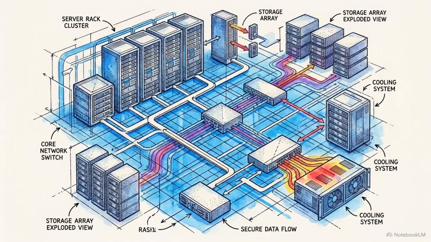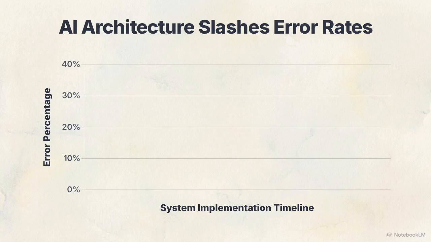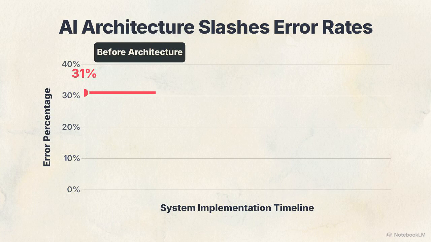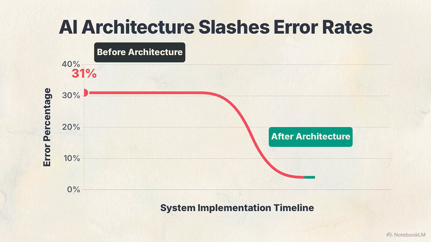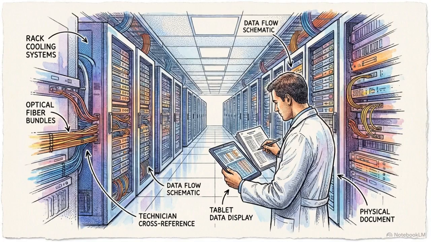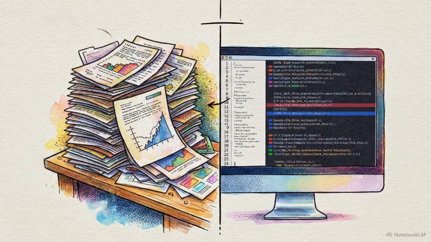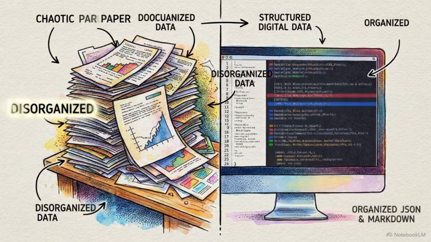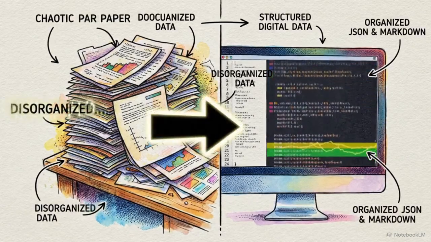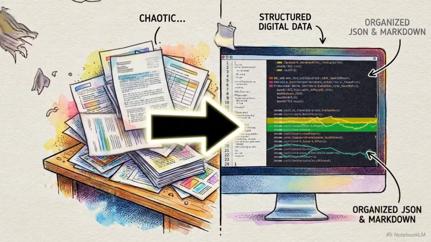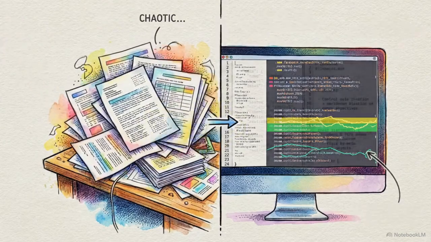The results of these combined strategies are quantifiable. Organizations that move beyond simple prompts and adopt these architectures see their hallucination rates drop from over 30% to under 5%. This marks a turn in how we manage information. For 20 years, we formatted websites for Google search. Now, the work is formatting human knowledge so that machines can reliably retrieve and interpret it.